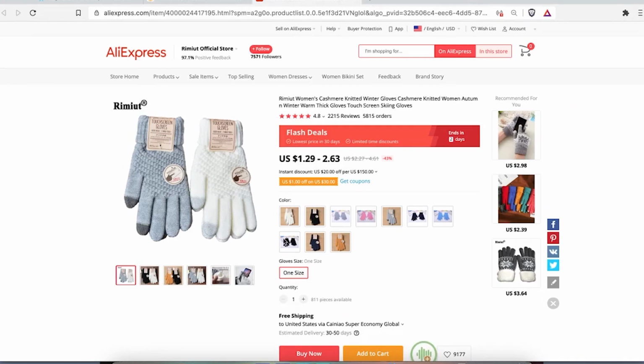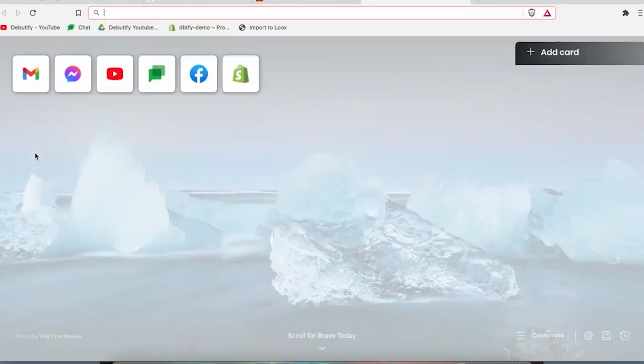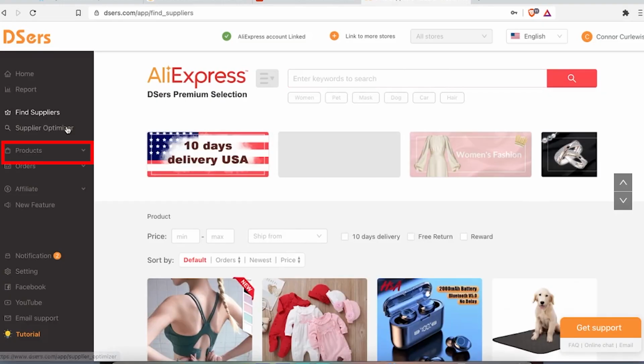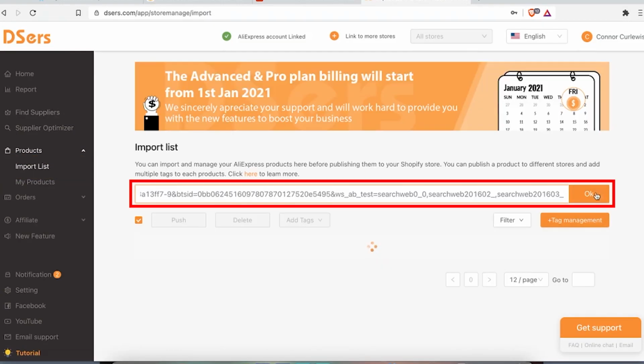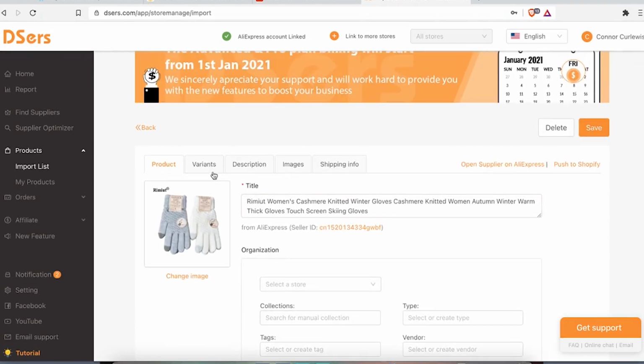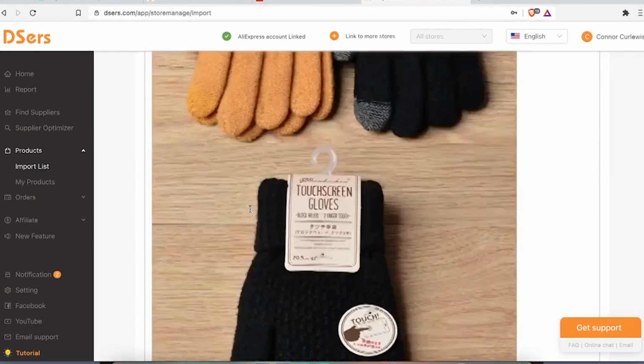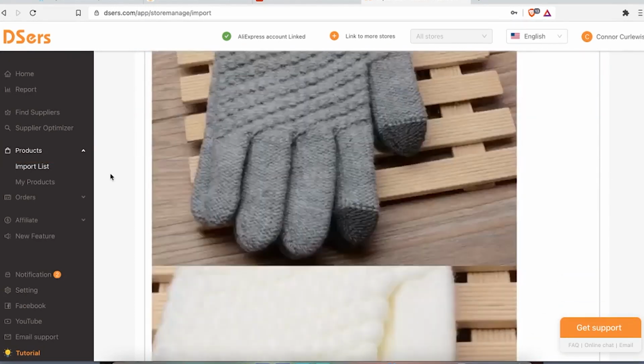And then you'd want to put this into DSers, which easily you just copy the link, open DSers, open the product import list, and drop it in there. And then bingo. I'd always recommend editing the product in DSers, getting a feel for what variants you want to actually sell, changing the description, making sure all of the images are congruent to your brand,